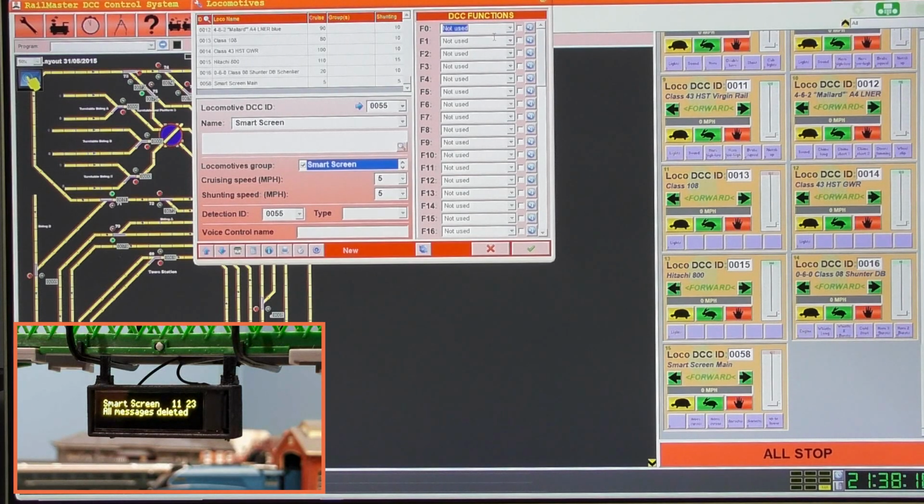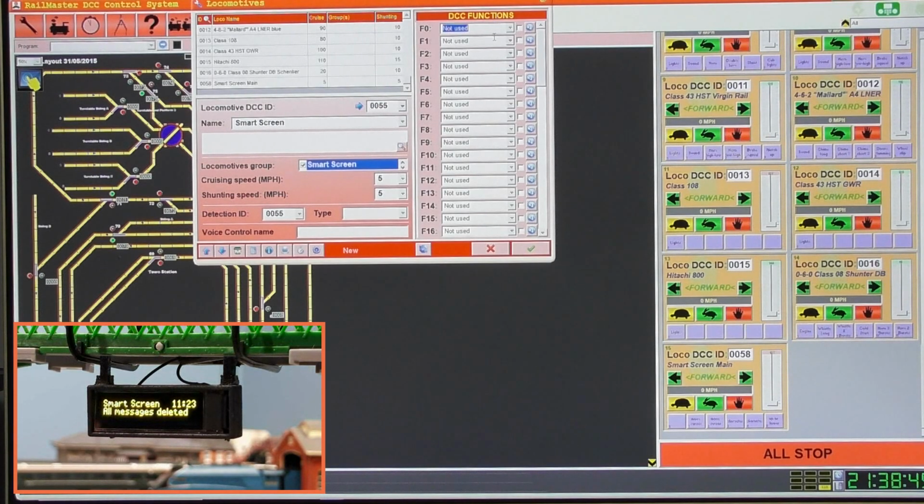When I was playing around trying to set this up for the first time, I found if you don't set them as on-off, for example when selecting a character, it will miss characters. So if it's an on-off switch, then you can select that character and then it will stop. If it's not on-off, it will keep flashing through, or it'll jump characters, so you miss the one you want